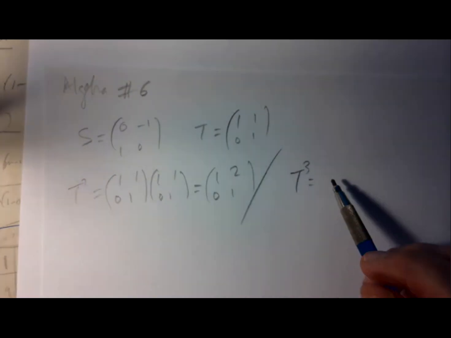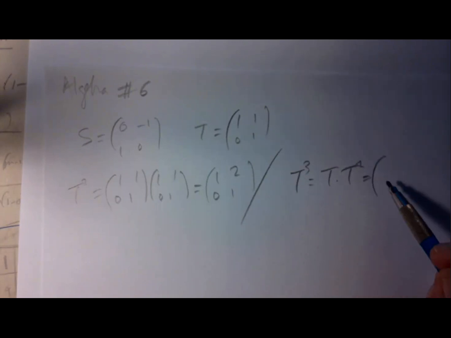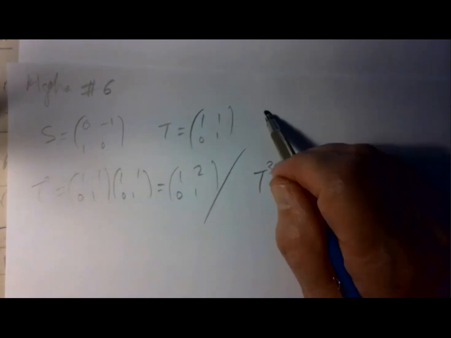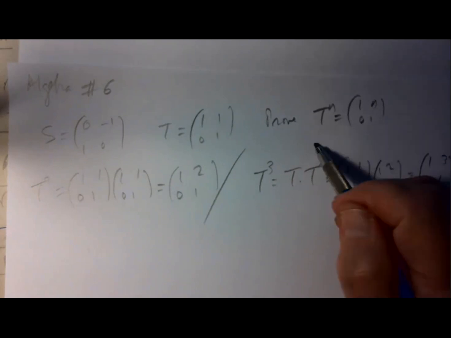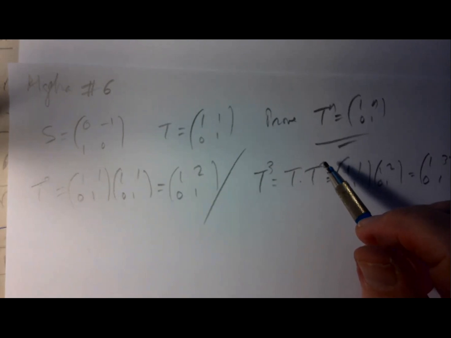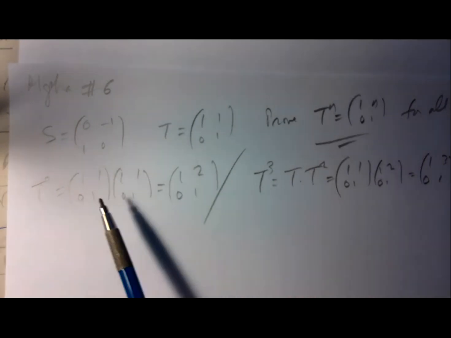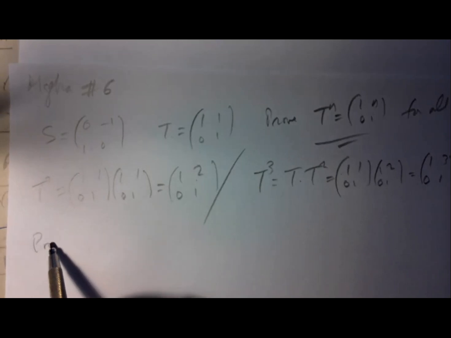What is T cubed? T cubed is T times T squared. So that's 1, 1, 0, 1 and 1, 2, 0, 1. And when you multiply these matrices, you get 1, 3, 0, 1. And you want to prove that T to the N is 1, N, 0, 1 for all non-negative integers N. So this is true when N equals 1, 2, and 3. So the proof